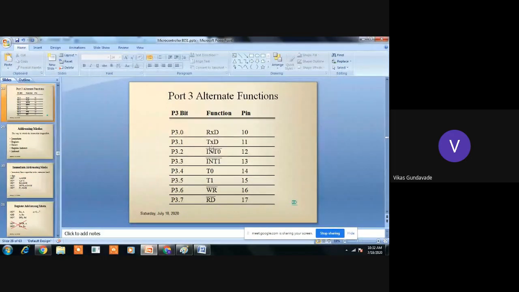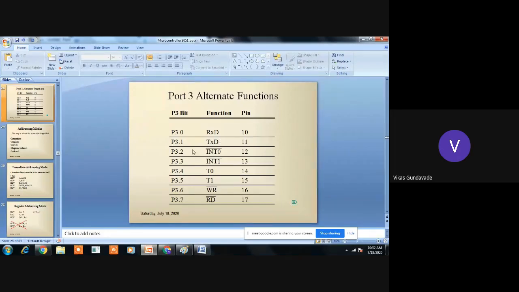So port 3.0 and 3.1, that is the first and second pin of port 3, are used for RxD and TxD, and the pin numbers are 10 and 11. It is not strictly necessary, but keep in mind port 3.0 is used as RxD, that means to receive the data from external devices or from the memory. Then port 3.1 is used to transfer the data, called TxD. So for serial communication, these two pins are used.